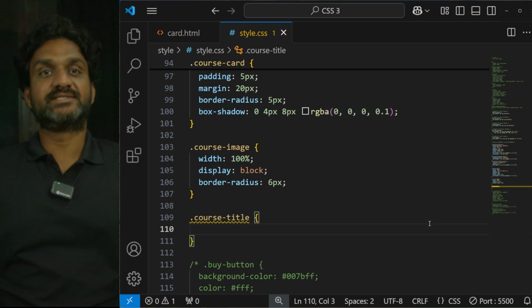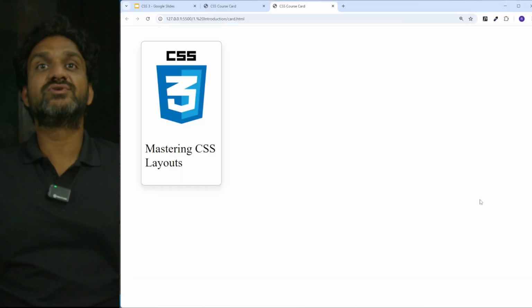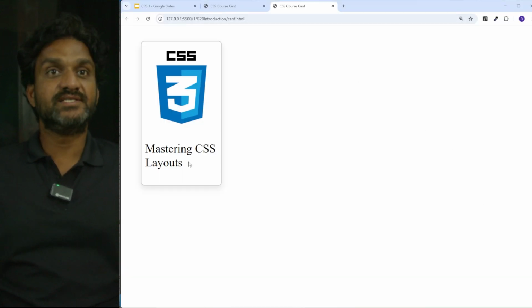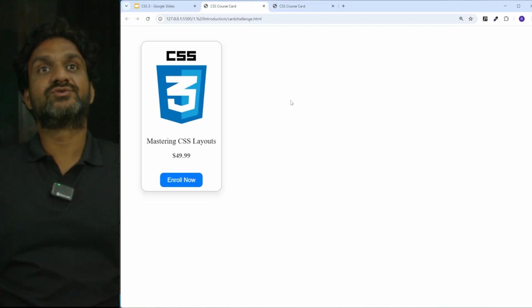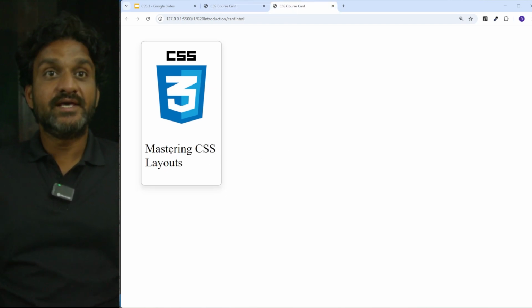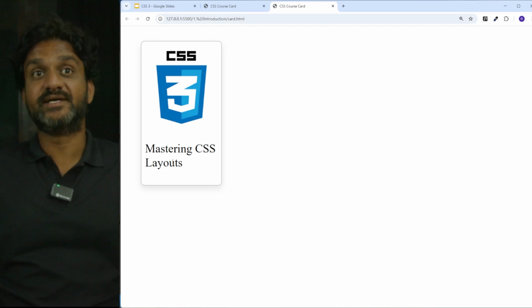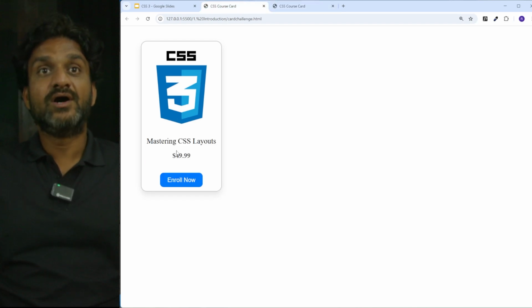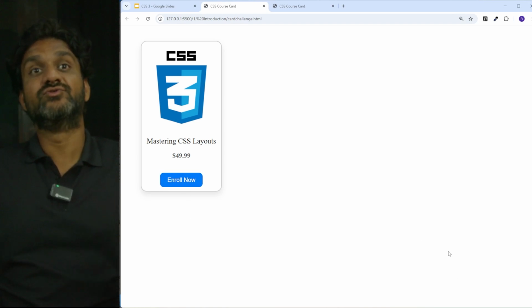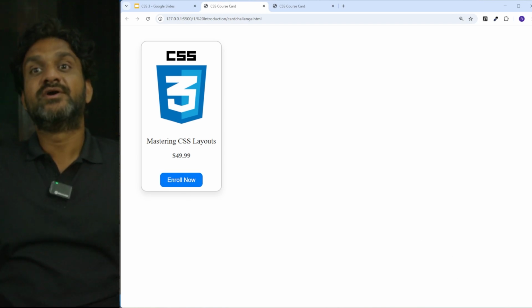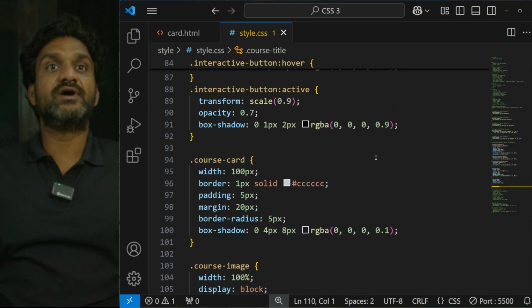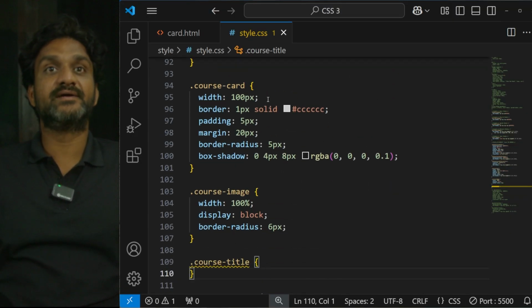And what about the styles? So let's see the output first so that we will get a clear idea. See, this is far bigger and this is smaller. Here the content is not centered, but here all this content, image and all these are centered. So what we have to do so that all the elements in that container are to be centered. For that to happen, we have to go into this card